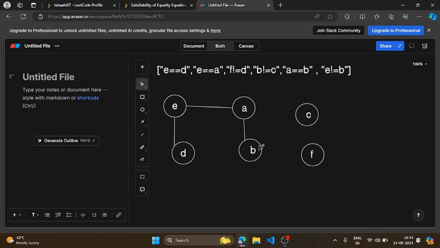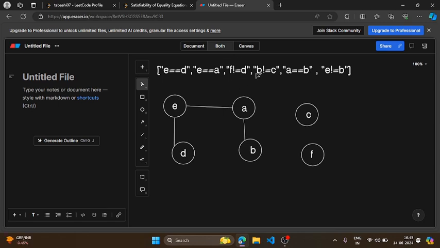So let's talk about the first inequality. Now simply we have to check if the graph which we have just constructed is satisfying this particular inequality equation or not. Okay, we only have to check this. If this is true, then we will return true, and if any of the equations is not satisfying our graph, then we will be returning false. Okay, so let's move to the first inequality equation.